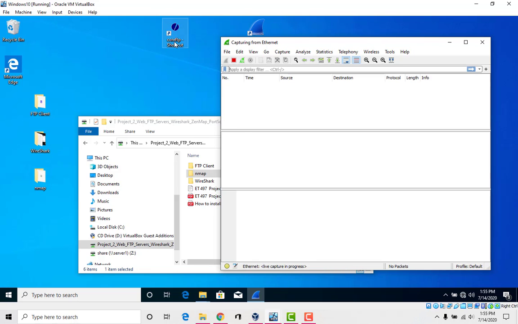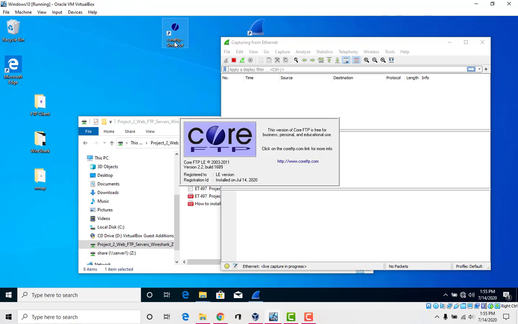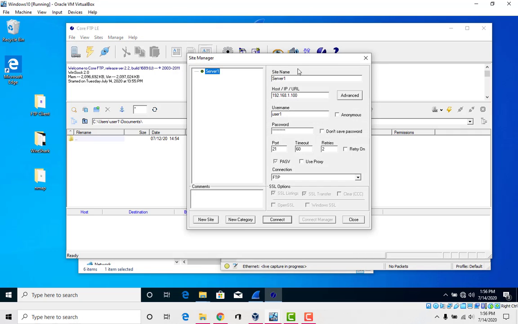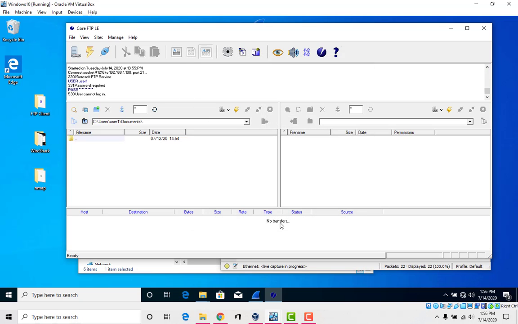So I'm going to open Core FTP. And remember how we have our password over here? So let me put the wrong password first. And that's not going to work, so I'm going to have to do it again.